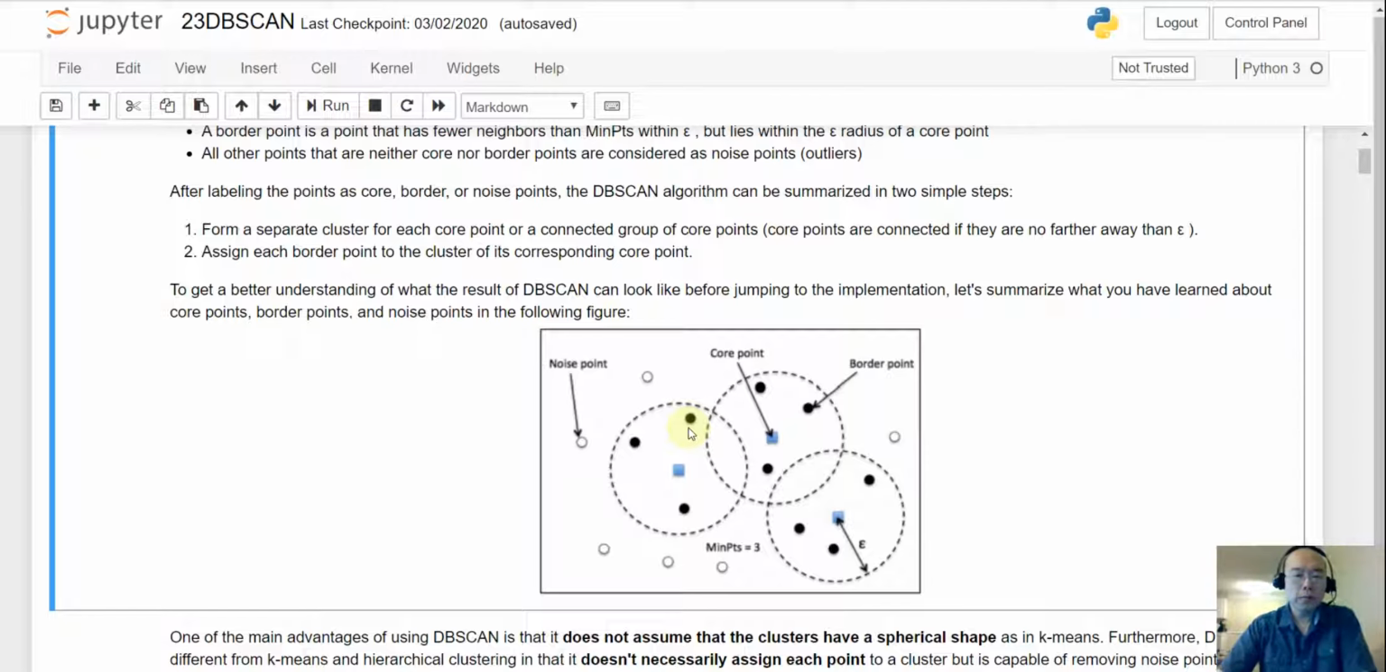After we have classified each of the samples, we connect all the core points if they are within the epsilon radius of each other. After that, we further associate the border points to the same cluster as the corresponding core points, and then we will have the clusters. In this case, I hope that I can connect those two cores together to make them the same cluster, but